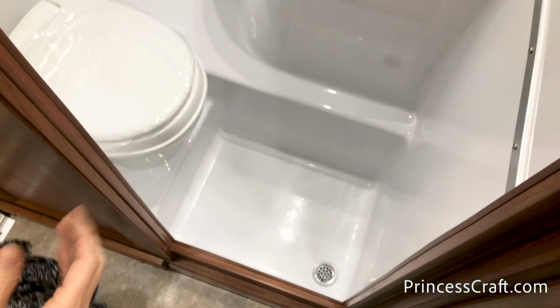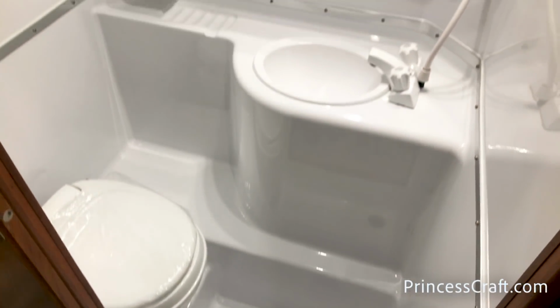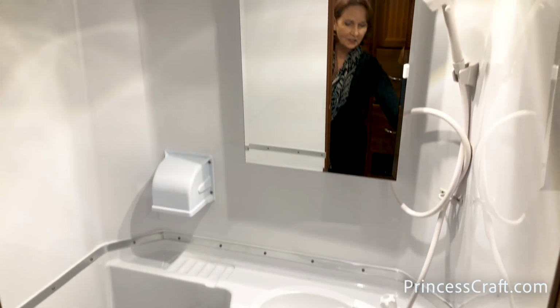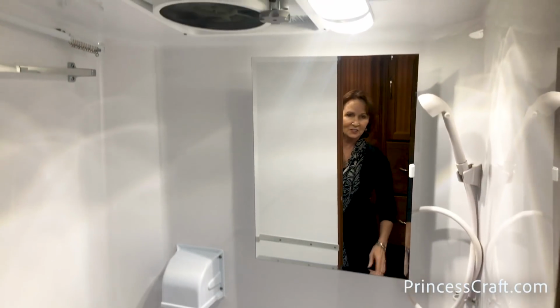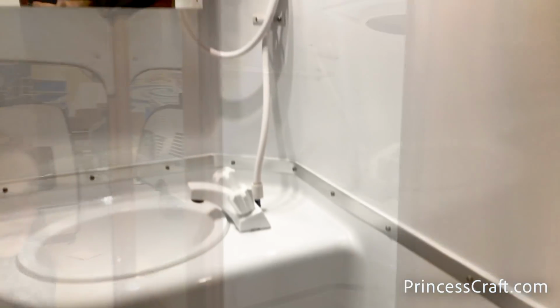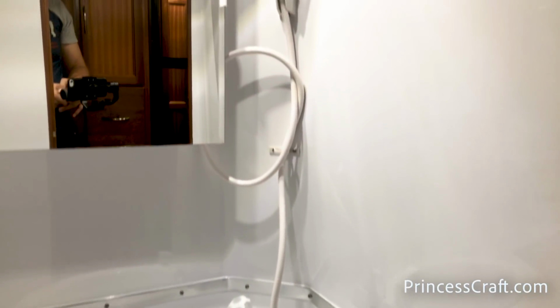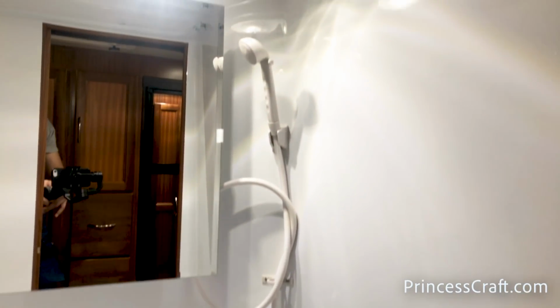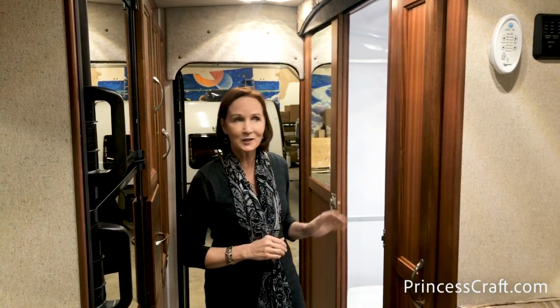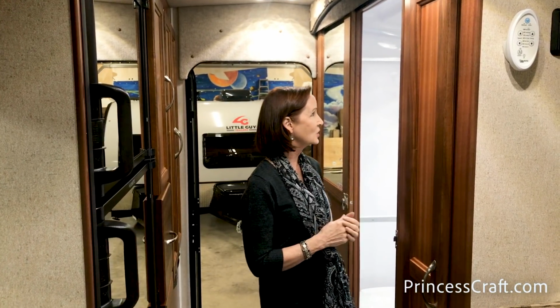This is the wet bath, so it's a combination toilet and shower. The only seam is where they put the two pieces together in the center. So the maintenance on this is very easy. There is the small sink in there, the handheld shower, and the medicine cabinet, so you can store your bathroom items in there. It's got a little catch on it, and it's a nice mirror, very easy to use,